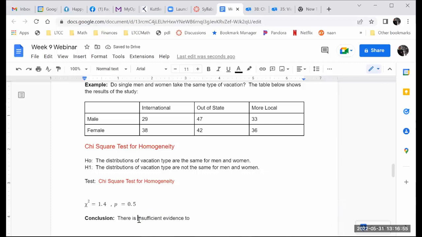If you write insignificant, statistically insignificant is standard. Sorry about that, it's called English. The funny thing, I'm a math major, so I don't have to deal with that stuff, and then I have to deal with it once in a while, but not as much as, say, an English major. So there's insufficient evidence to make a conclusion